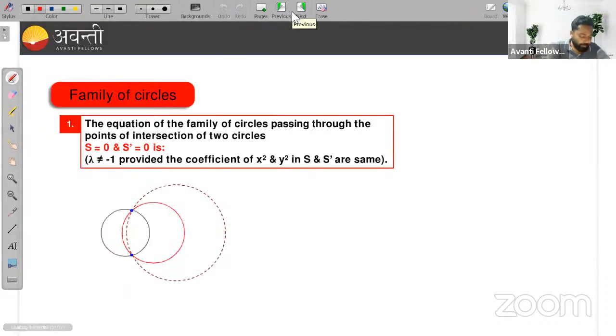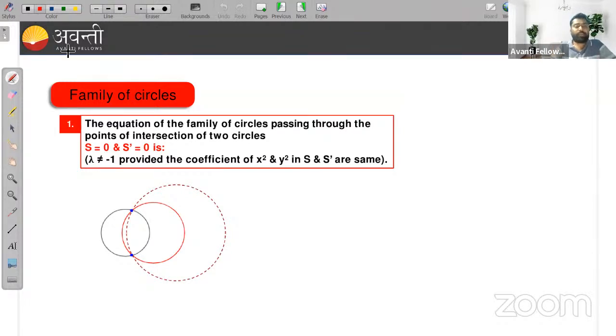Now, family of circles. Let's complete the theory first, then we will solve questions. Okay, so what is a family of circles? Like you have already studied in straight lines, the family of straight lines also. So first